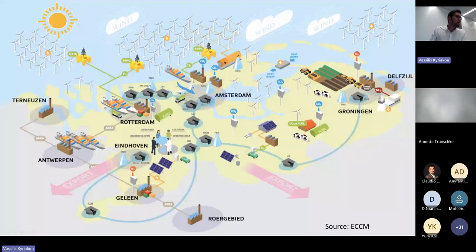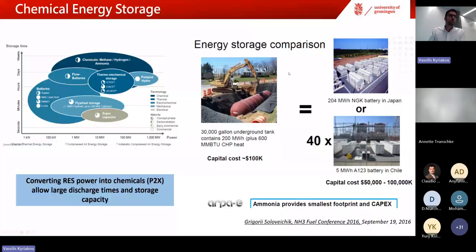However, as in all cases, when you want to rely your energy network also on renewables, a lot of questions are raised in terms of the storage of the energy. What we are proposing, or at least part of the solution, is chemical energy storage. You can think about it as hydrogen, as methane, as ammonia, or whatever. But here in the middle, please see a very nice picture comparing an actual battery park, and the equivalent amount of energy that can be stored in a 30,000-gallon tank for ammonia. So chemicals can contain quite a significant amount of power.